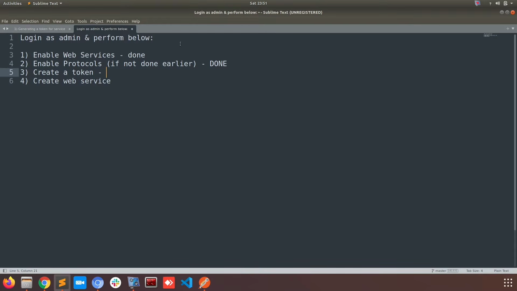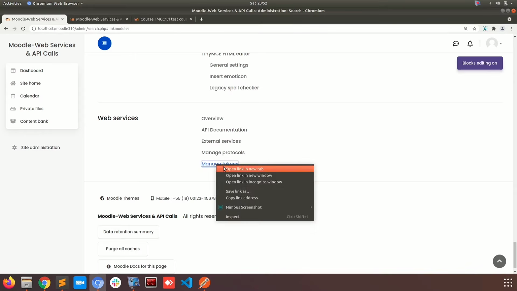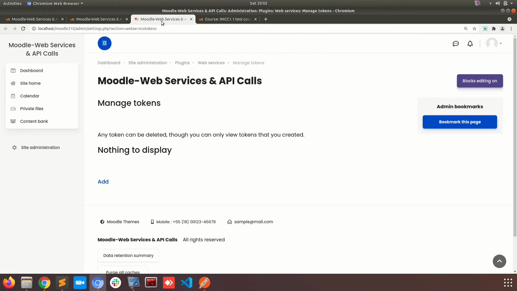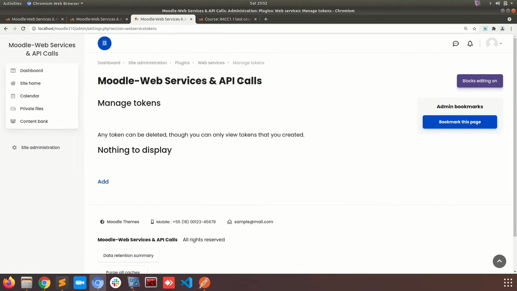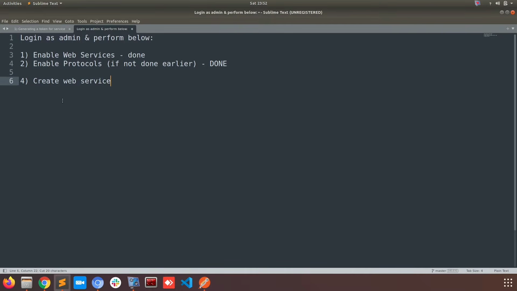So we are done with the second step right now. Now let's move on to the third step over here, which is manage tokens. As you can see on this page, there are no tokens over here to display for any user or for any web service. Tokens are required to call a particular web service function over a protocol. So basically the protocol server uses this token to check that the user who is calling the function can actually